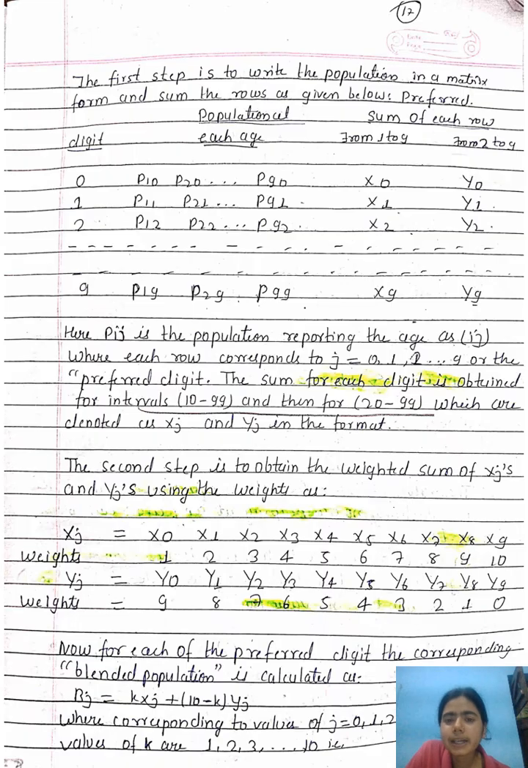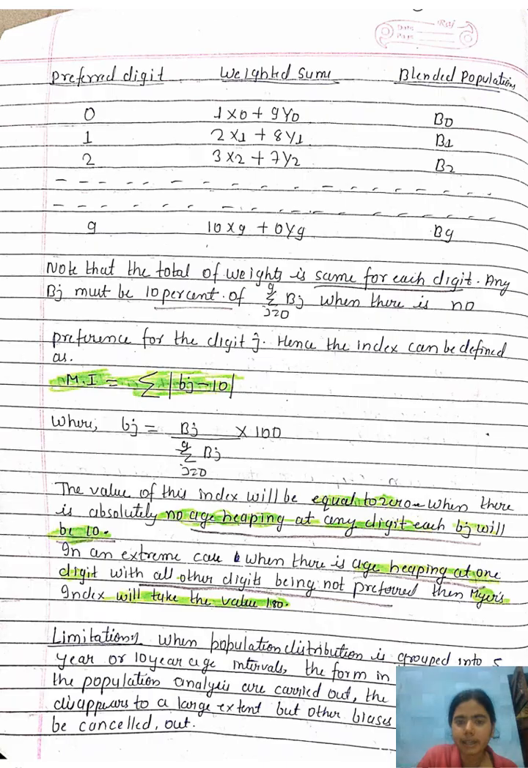The first step is to write this, like by following this method you can calculate the blended population, and this is the formula for calculating Myers' index. After calculating the blended population,